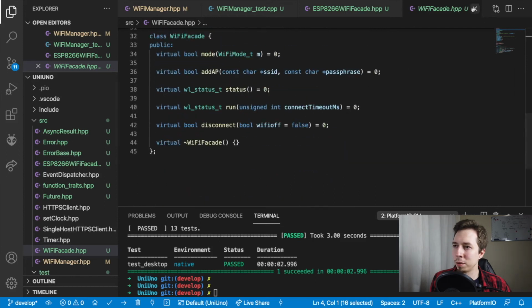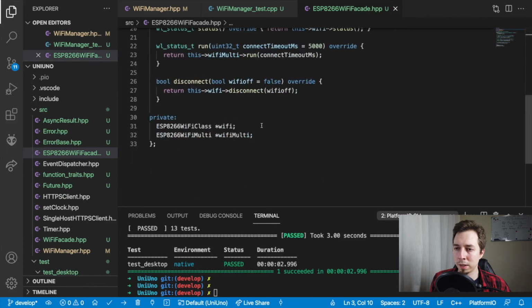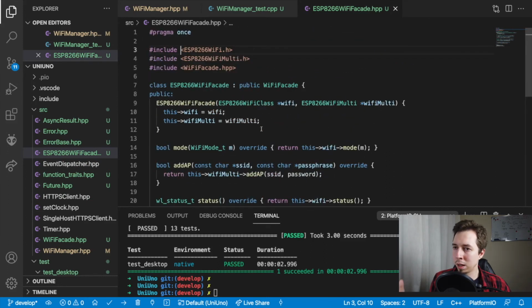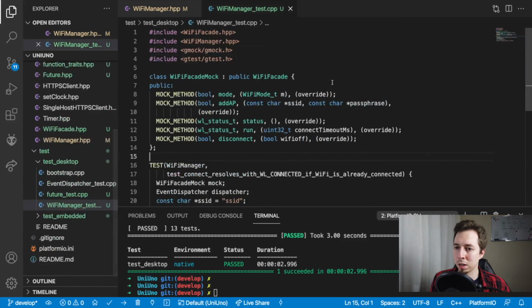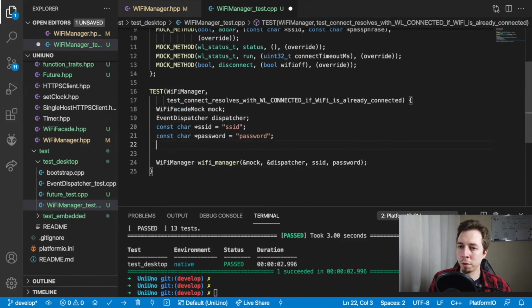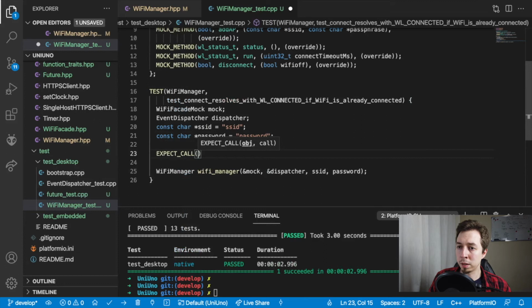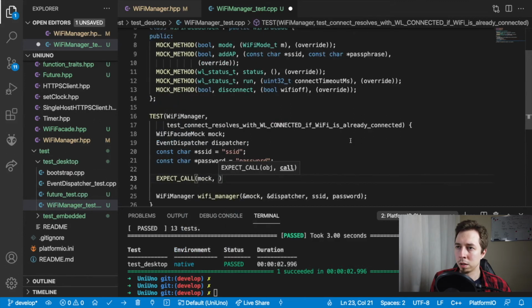Yes and no. It's one of these hard decisions to make, to decide which approach is better. But because, again, I would like to move fast, I would also like to finish this as soon as possible. So let's finish this test. Right, so first of all, we want to expect the call on the mock and on the method